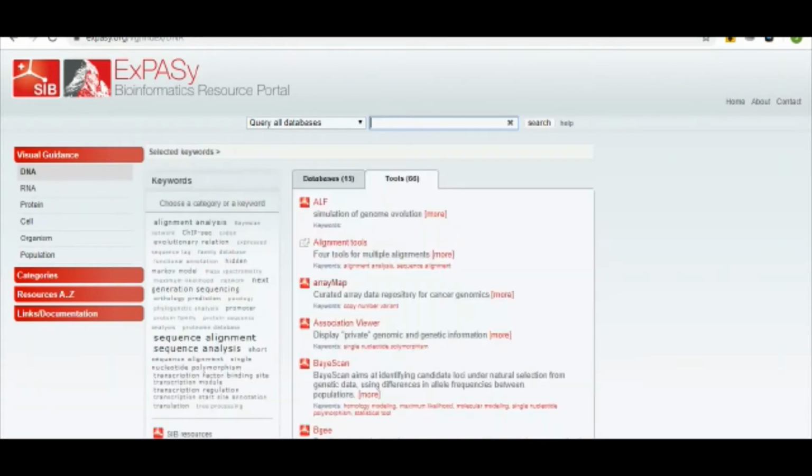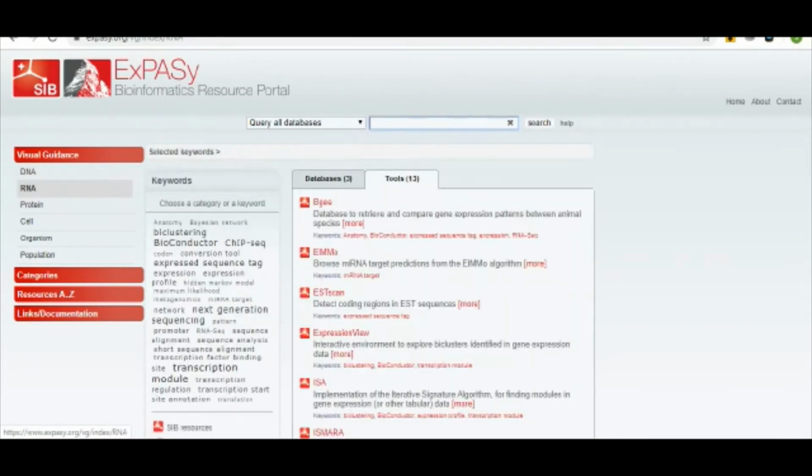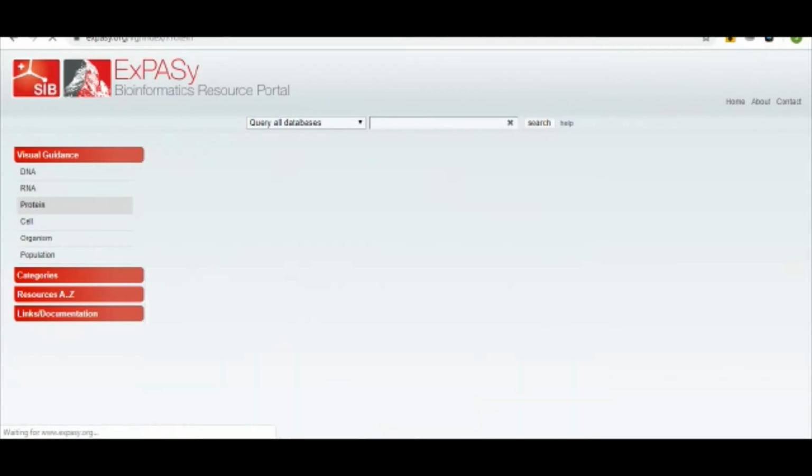Select the DNA. Here we have the keywords sequence alignment and sequence analysis. DNA is used for the sequence alignment and sequence analysis, and these are the tools that are used for this. And now RNA, these are tools for RNA that are used for next generation sequencing and for transcription module. For the proteins,